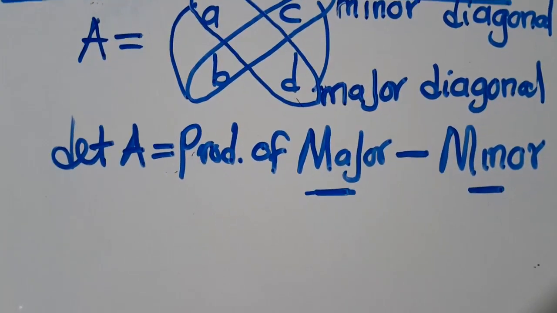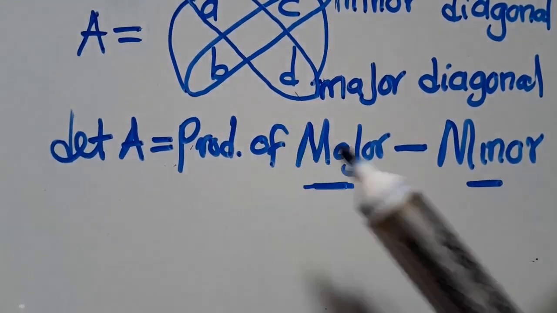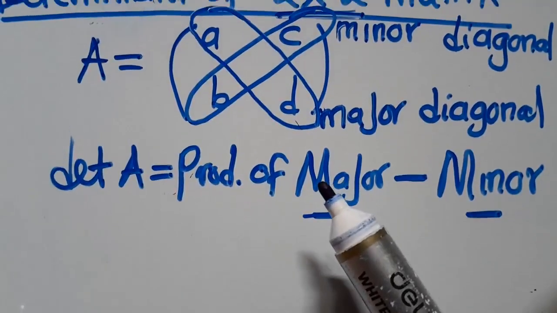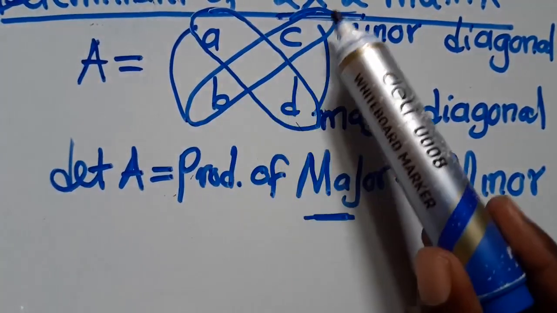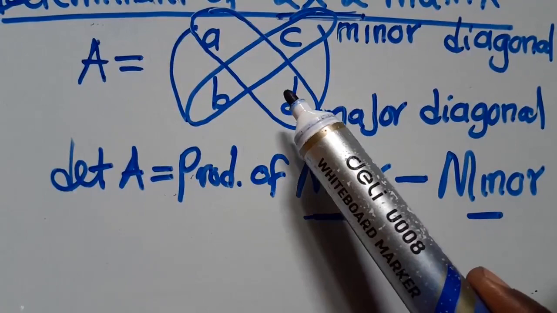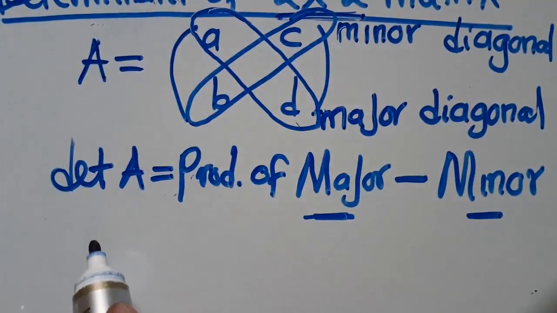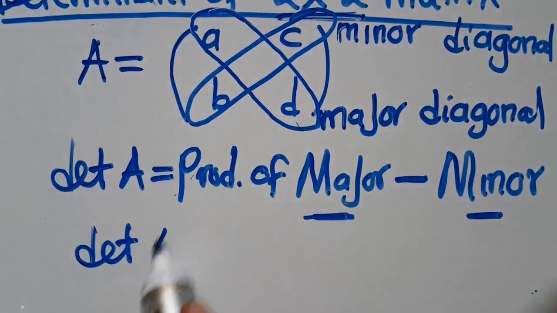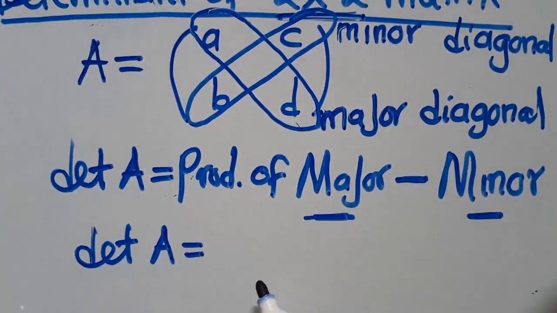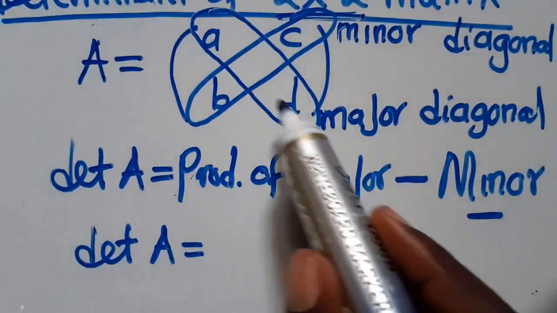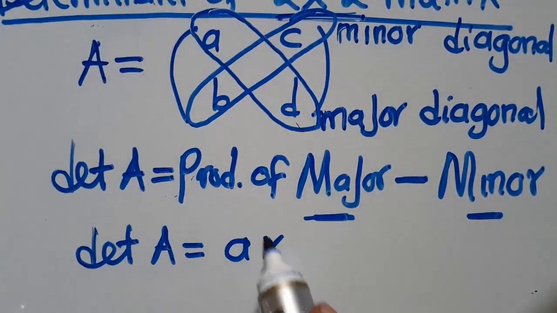The method which we are going to use, using these letters which are here. What's the major diagonal? Major diagonal is this one. So you are going to say that determinant of A is equal to, in the major diagonal we've got A and D. You say A times D